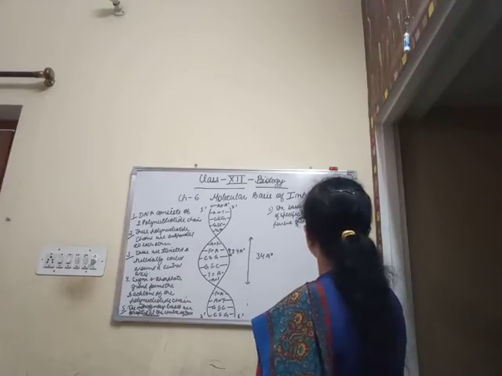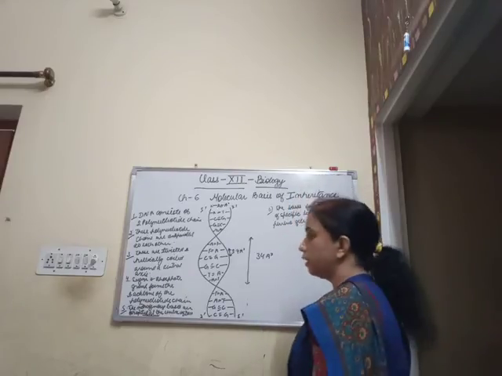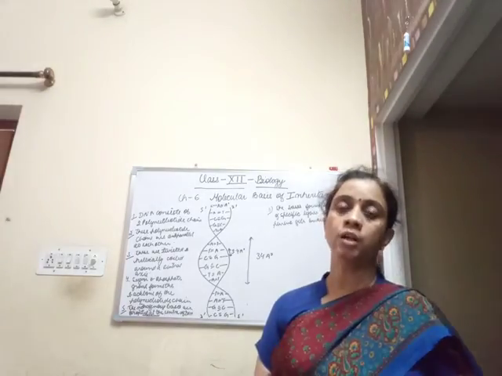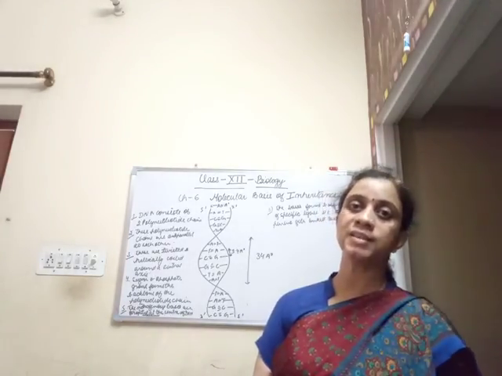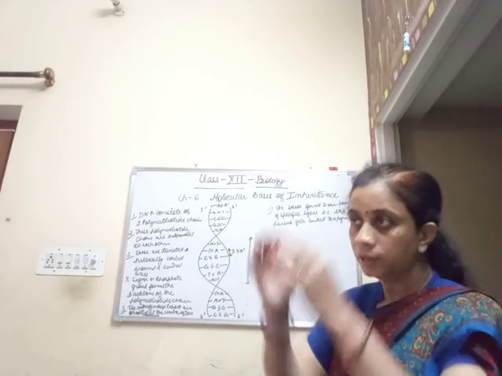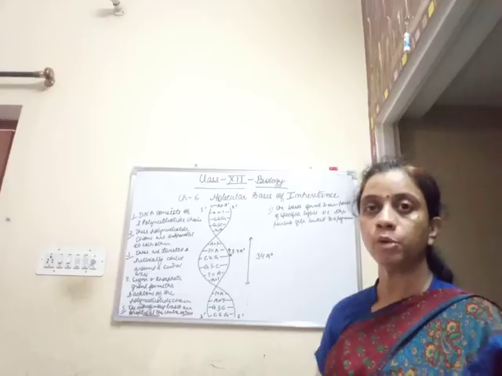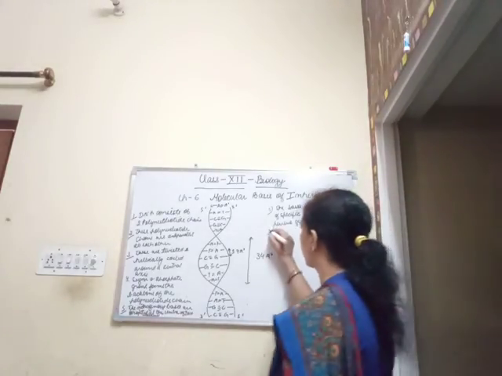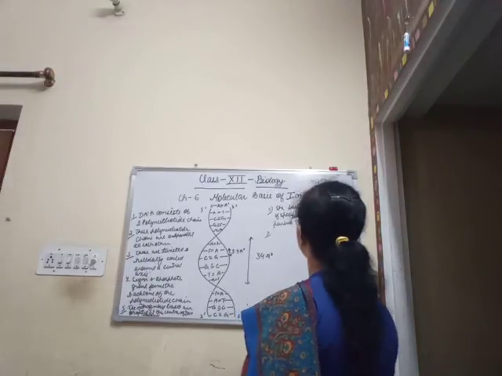There is a reason behind that, because as you have studied the structure of the purines and pyrimidines, one is a double ring structure and the other is a single ring structure. So accordingly, they are linked to one another so that the diameter or the dimension of the DNA molecule remains the same all throughout its length. Okay.